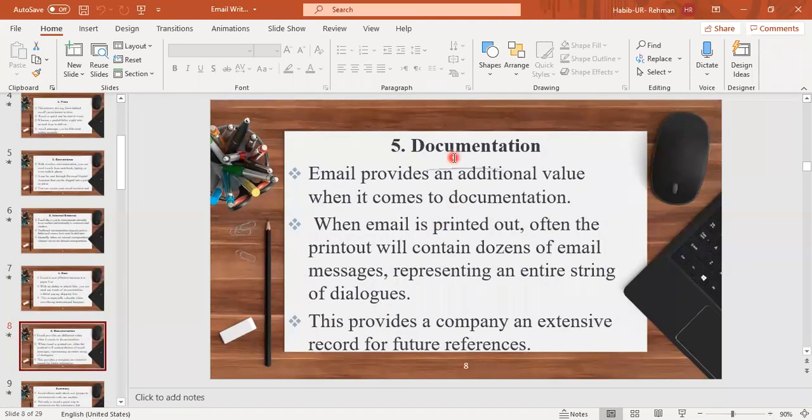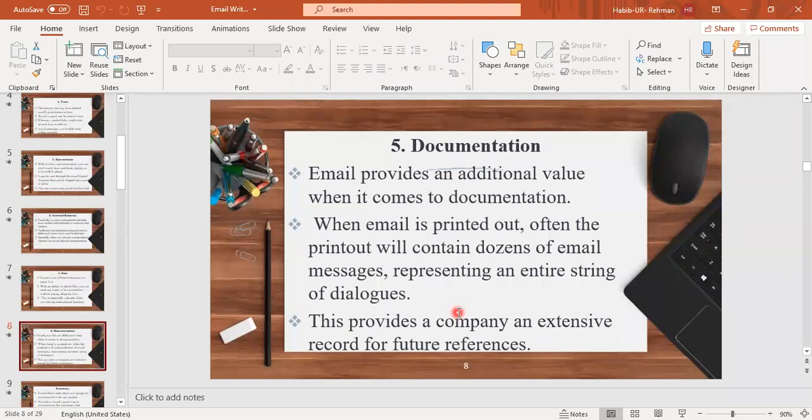Documentation. You don't need to keep a record of your communication, because it remains in your inbox. There is no expiry date of your email. You can have your email for your whole life. You can save them, you can get a PDF of that, you can print out those emails.